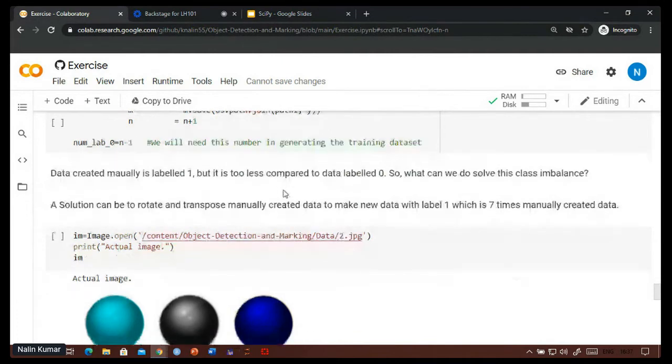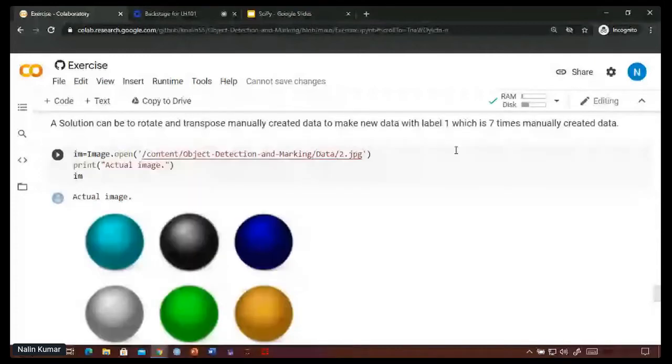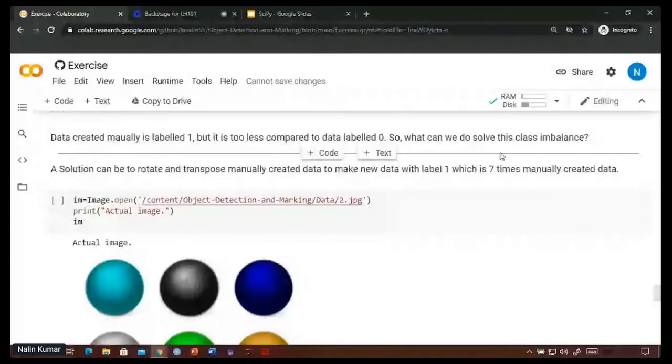This is called the class imbalance problem, and it would be biased towards the label 0 images. So how to handle this? One solution is to rotate the image, and also we can flip the image upwards or rightwards. So you can try this on your notebook.